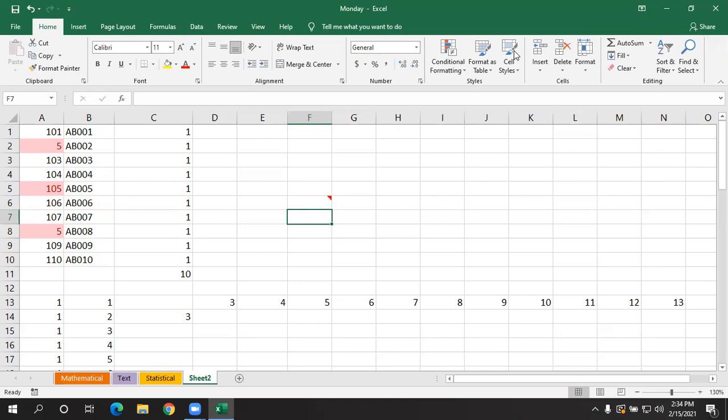If you have any doubts in fill, clear, sort, and filter, you can let me know. If you don't have any doubts, then I'll start mathematical functions. Please let me know in the chat.